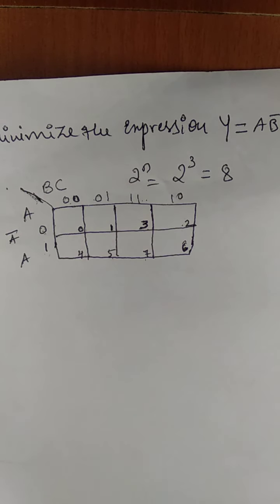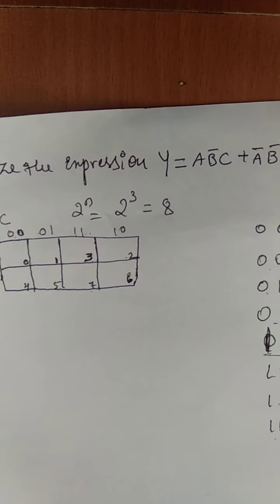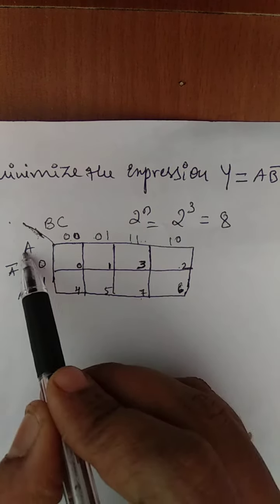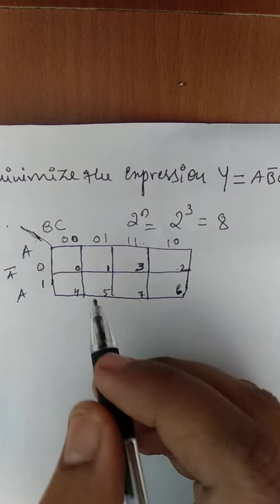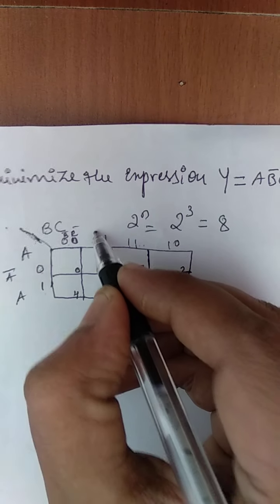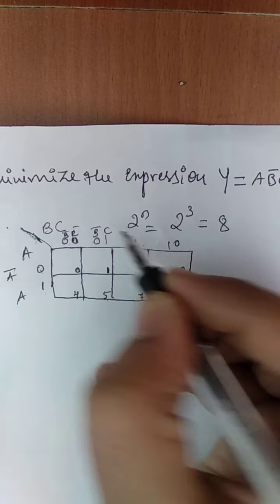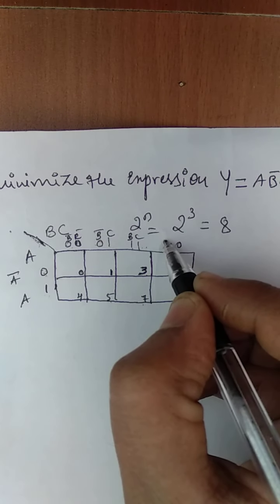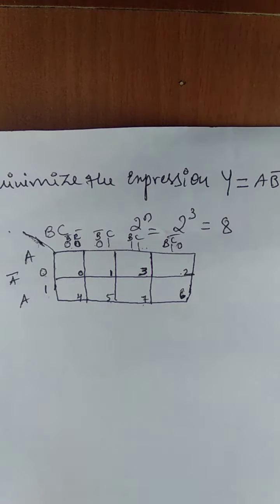So now you have to put a value for the given expression. So they have given A, B bar, C. So see where it will come. A, B bar, C. So this is A. Okay, so take it as B bar and B, C bar. Next is again B bar, C. Next B C. And next is B, C bar. Wherever 0 is there, consider it as a complement. Wherever 1 is there, take it as C.